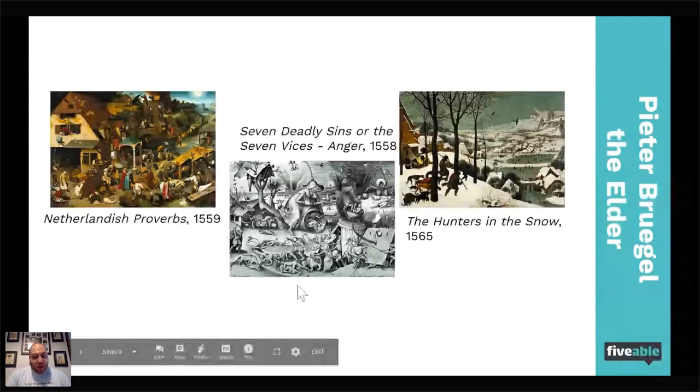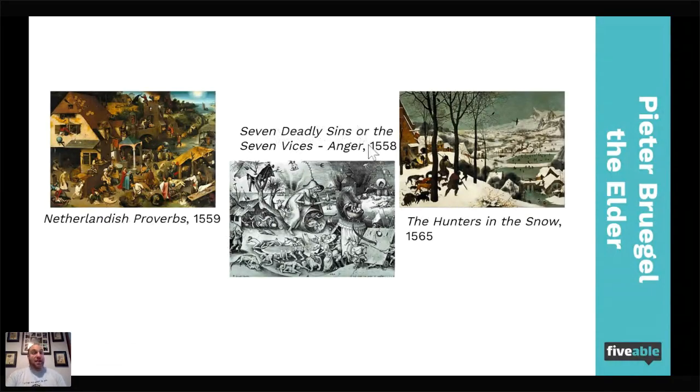Now, these are a little smaller because I wanted to fit them on the screen, but you can look them up. This is the 7 deadly sins, or the 7 vices, specifically anger. The detail that he included in wood, no less, which is amazing, because there's no laser cutters, none of these electronic tools that we use today to cut things into wood. It's fantastic. I especially like down here where it looks like, to me, kind of like a Tin Man guy from the Wizard of Oz, and he's like trying to not get stabbed by this creature over there.